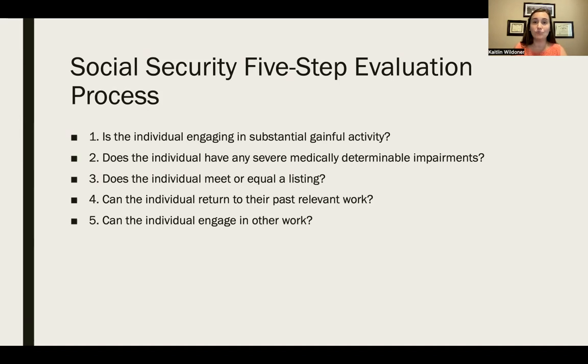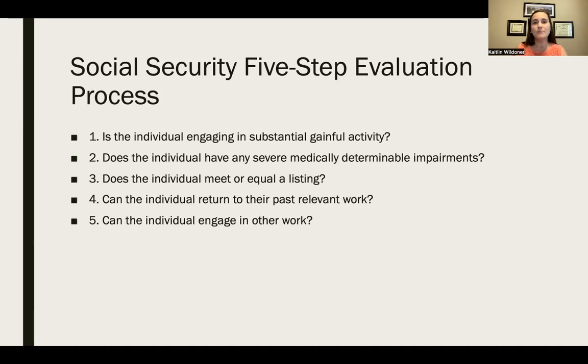If you do, they'll move to step 3. If you don't have at least one severe medically determinable impairment, they'll deny your claim at step 2. They'll say your impairments are non-severe or you don't have any impairments. And so therefore, by our definition, you cannot be found to be disabled. A severe impairment is one that has an impact on your ability to function every day, okay? So as long as you have at least one severe medically determinable impairment, they'll go to step 3, where they